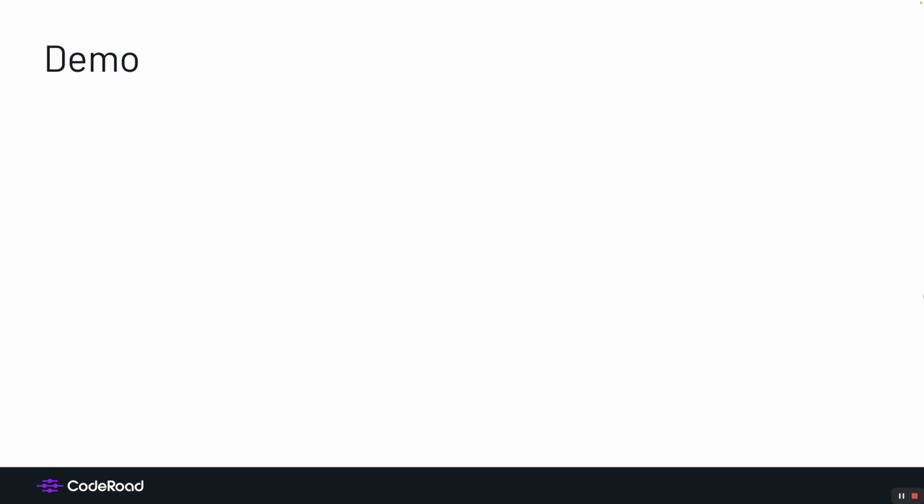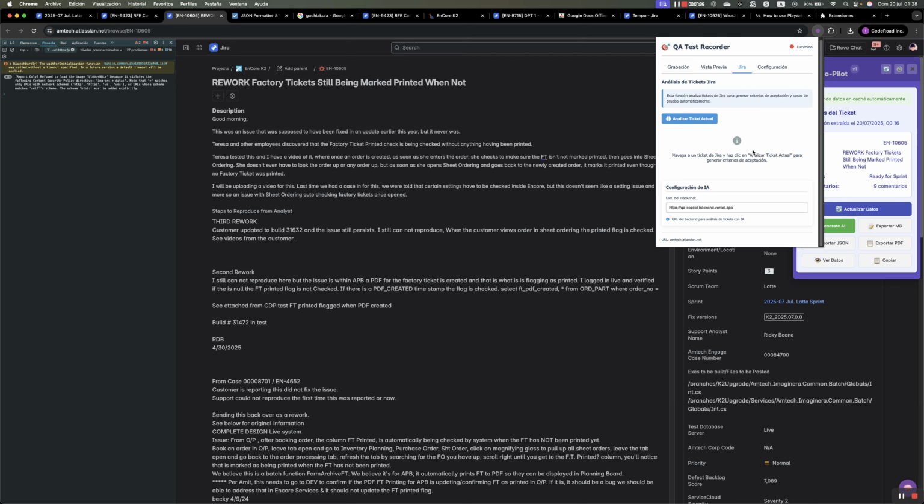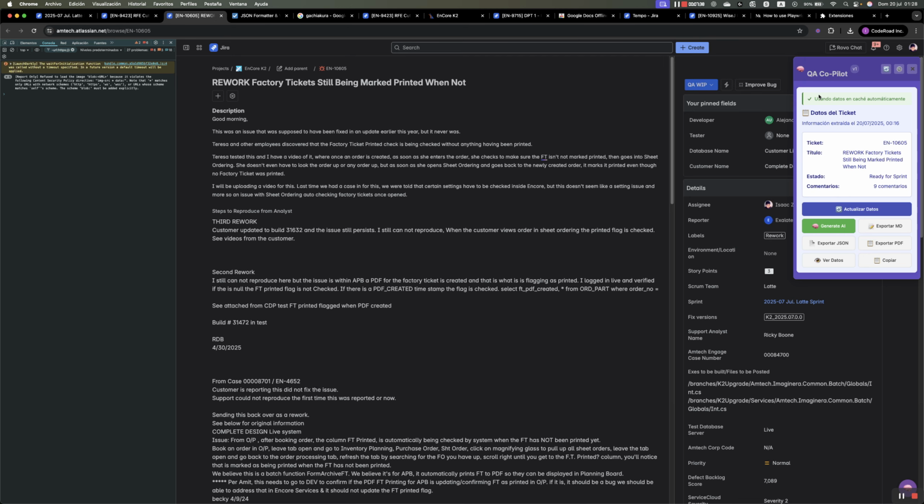This Jira ticket contains a lot of text, right? And on the right side, we have our extension, this one. This is our QA test recorder. This one has several options, as I mentioned before. One of them is capturing the steps we are doing in the UI. If I have some time, I will show you later. But right now, what matters to us is the Jira ticket extraction and generating with the AI and our Canvas